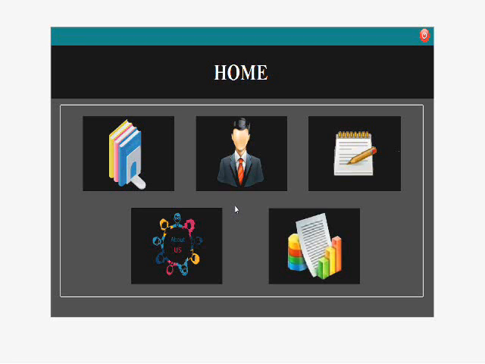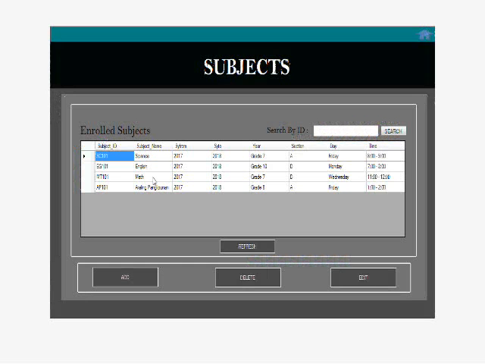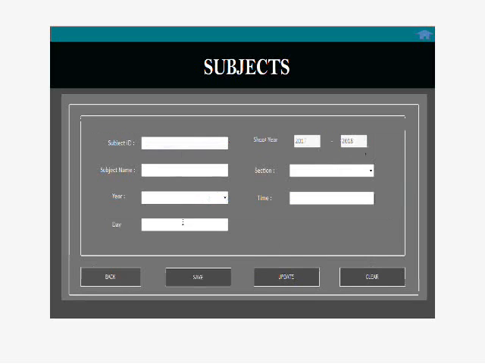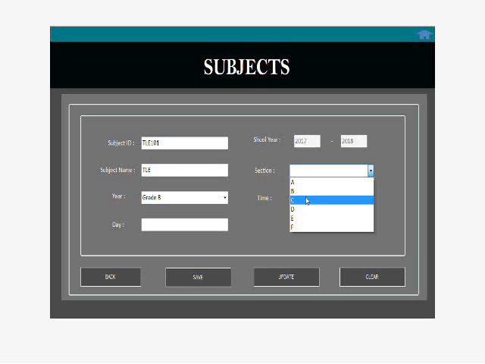And now we are in our home page. The first thing we have to do is we need to create a subject. Click the subject button, then click the add button to enter a new subject, enter your subject ID, enter your grade section,